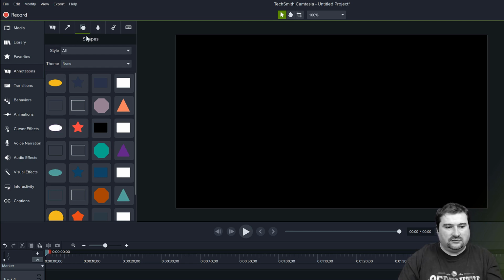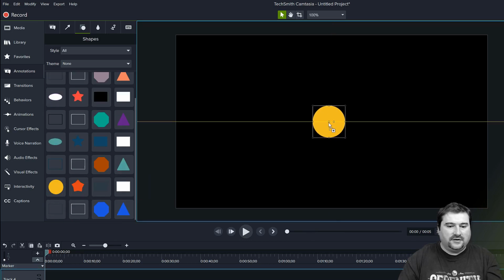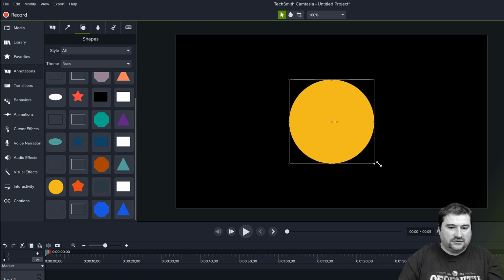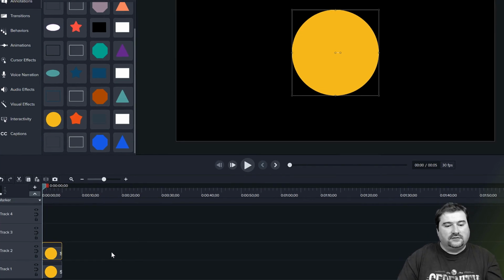Just go to the annotation, go to shapes, and take this circle here and put it on your canvas. Don't worry about the color now because this is something you can change later. Let me make this larger: Control and Shift key, drag one of the corners. So this is my basic circle. Now I want to create a nice rounded tail for this arrow, so I'm going to make a copy of this, Control C, Control V. Notice I'm not playing with the playhead yet. I'm not going anywhere in my video. I'm just playing with the shapes now, so I'm creating my own shape like in a vector drawing program. So this is my circle now.